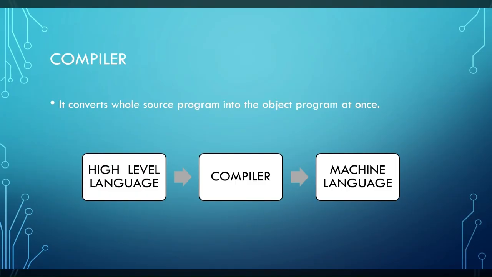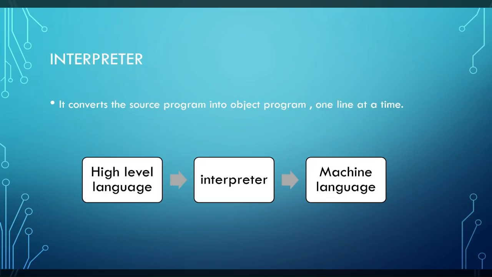Now, before the operating system, there are some more terms that I need to discuss with you. First is the compiler. A compiler is also software, which is used to convert the whole source program into an object program at once. If you are familiar with a programming language like C++, you must have seen that when you write the entire code, it gets compiled and we get the desired output. So the high level language, that is the source code, is understood by the compiler, and the compiler converts that into the object program, which is also called machine language. So this is the function of a compiler.